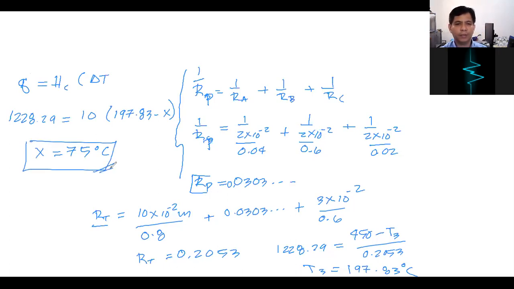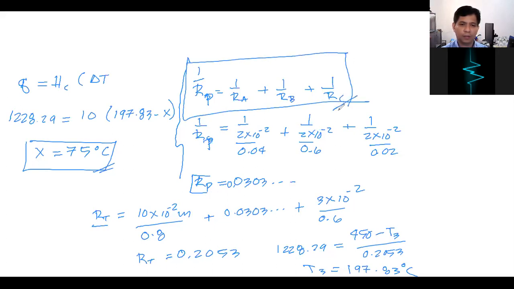So do you have any question regarding this problem? Meron ba kayong concern? So I hope na-impart ko sa inyo yung logic. Bakit pag yung thermal conduction ay parallel, no? Yung formula ng resistance becomes like this one. Okay? So sana maging stock knowledge niyo yan, ano? Tapos ito, nakita niyo naman to. Madali lang naman to eh. Di ba napakasimple lang naman yun, ano? So sana matandaan niyo rin yan.